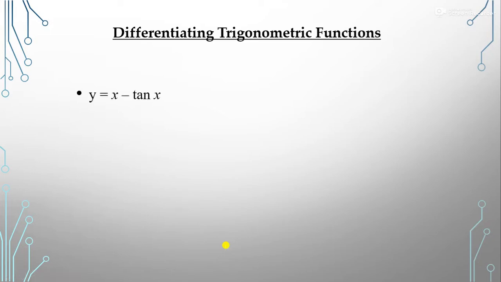So now let's take the differentiation of trigonometric functions. If we have a function y in trigonometric form, how can we differentiate it? Suppose the function y is x minus tan x. What is the differentiation of y with respect to x? That is dy by dx, which we can also represent by y dash, as I told you in the earlier slide. The differentiation of x is 1, and the differentiation of tan x is secant square x, so we get 1 minus secant square x, which is minus tan square x. Okay, so this is the differentiation of this function with respect to x.